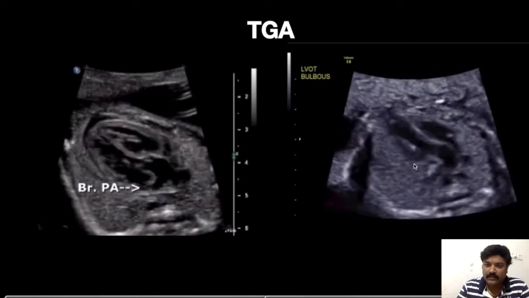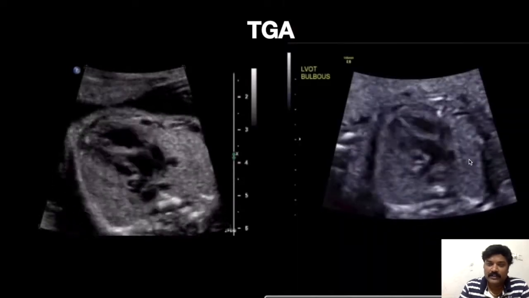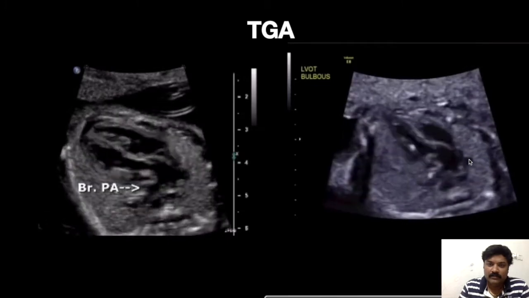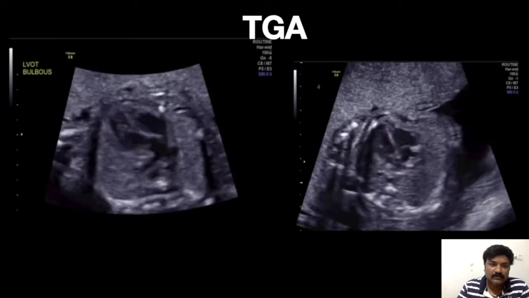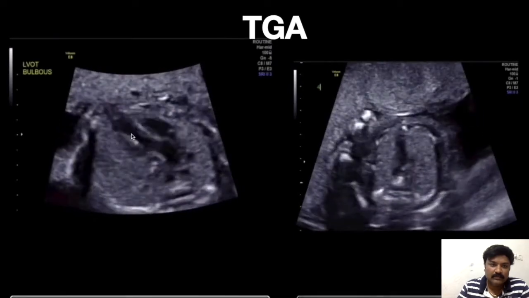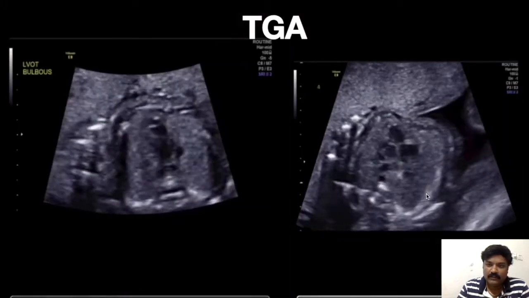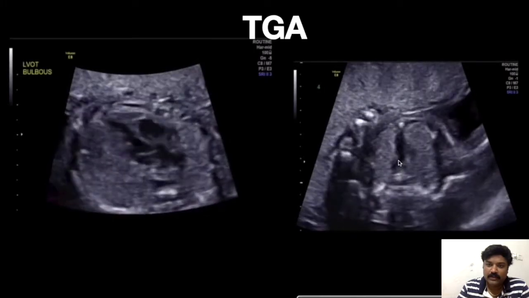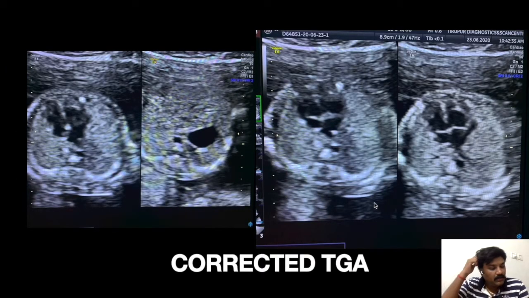So pulmonary artery bifurcation is actually the pulmonary artery arising from left ventricle. It's the case of TGA, transposition of great arteries. In this case, left ventricle giving rise to pulmonary artery, and previously we were seeing only aorta and SVC. So in the previously seen case, there is only ventricular-arterial discordance, that is pulmonary artery arising from left ventricle and aorta arising from right ventricle.